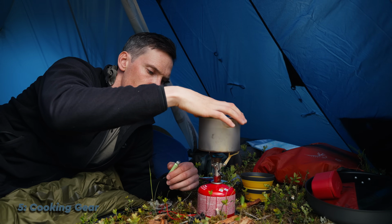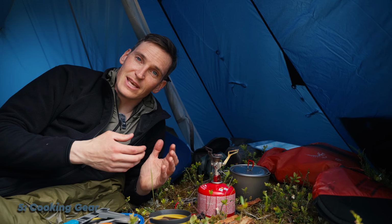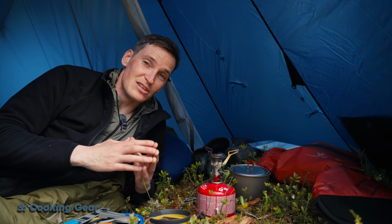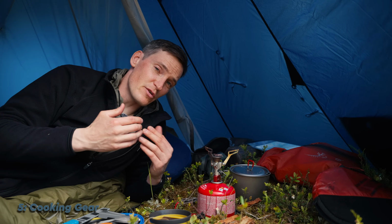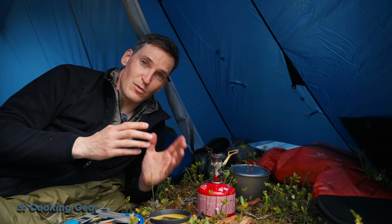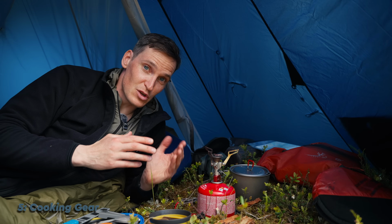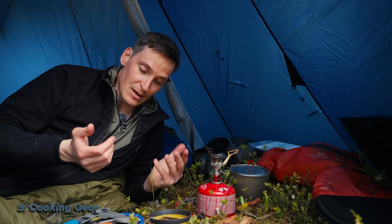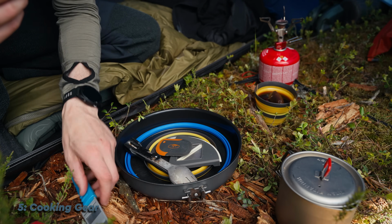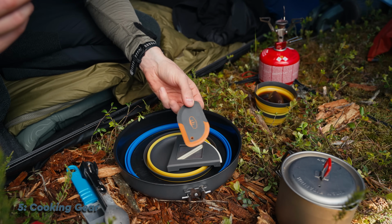What you bring for cooking is based on what you're going to eat during hiking. If you're only eating dehydrated or freeze-dried meals, then you need just a couple of items. But if you're going to do some cooking, you might need some more. But the items that I want to showcase today are the basic things that you need for both cooking and for boiling water. Often I bring a knife, some cutlery, a spatula,